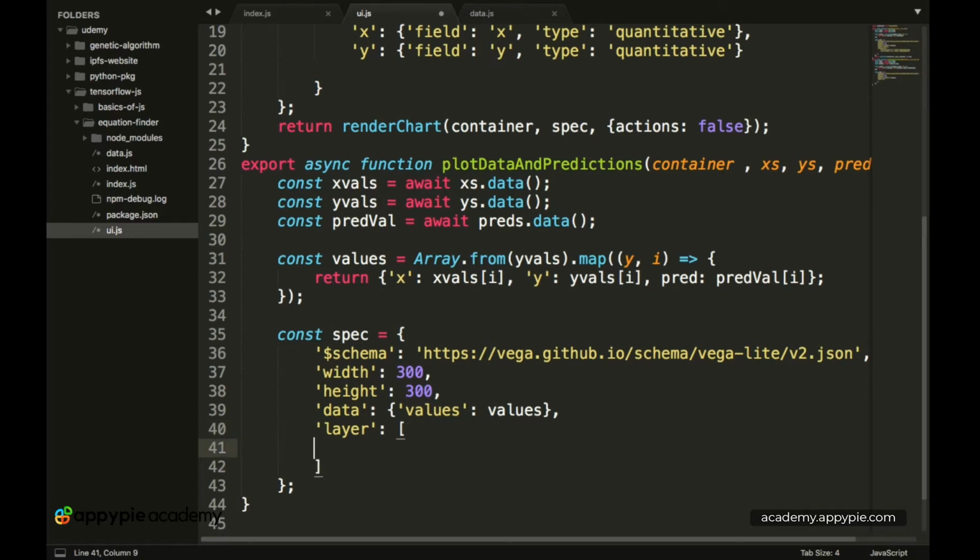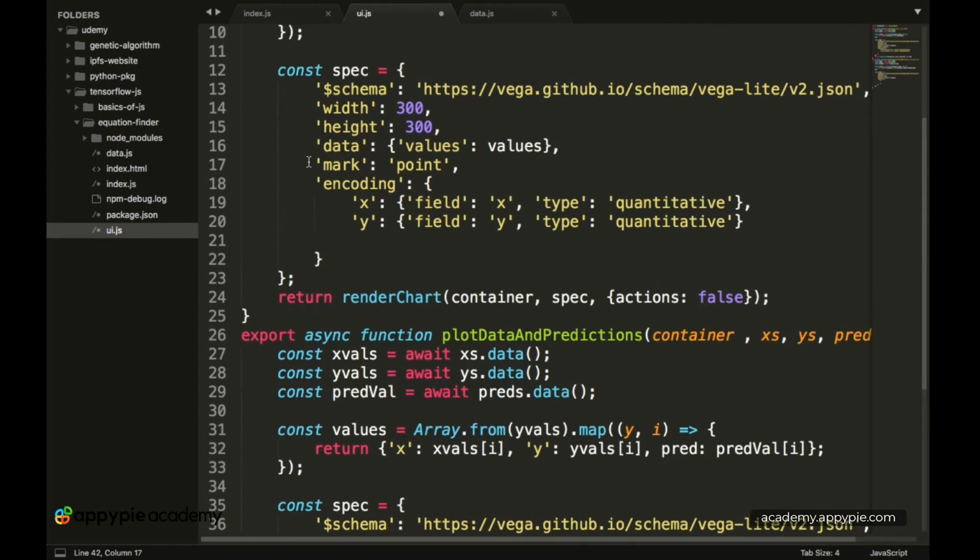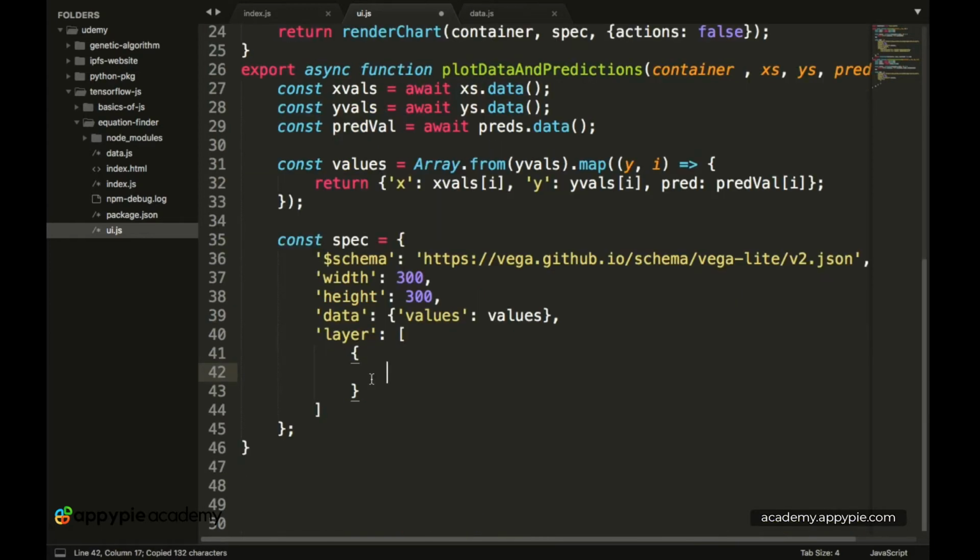Okay, so over here we basically have curly brackets, and now inside of those curly brackets we have to put in new parameters. So the first one, now basically we have to plot in all of the points over here as the first layer. Okay, so let's copy the mark point and encoding from here. Okay, and now let's paste it over here.